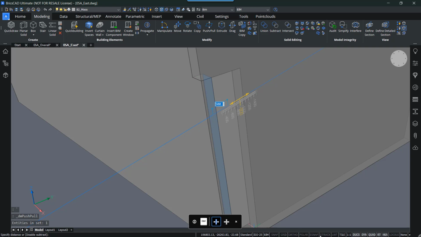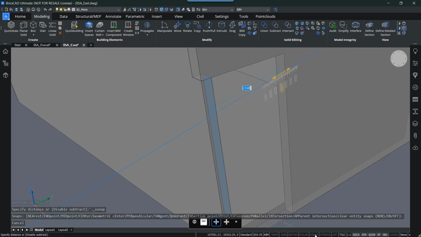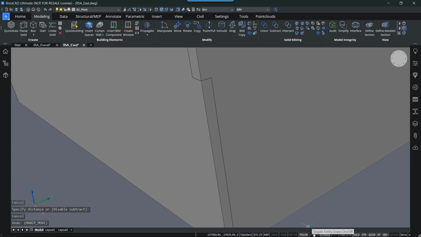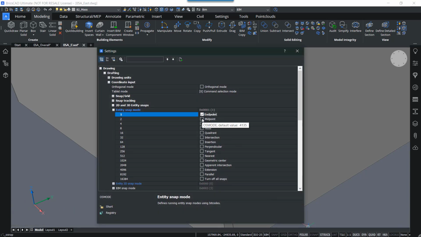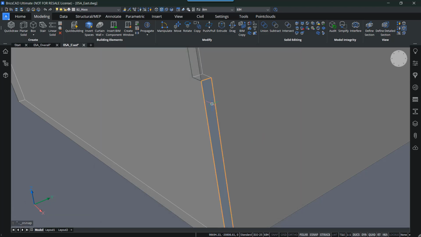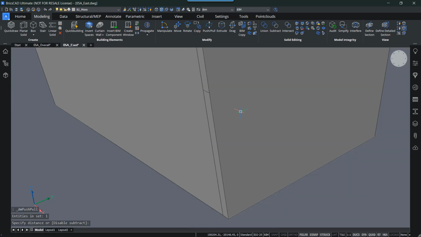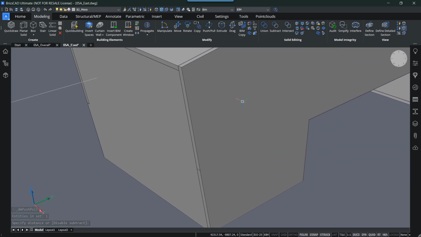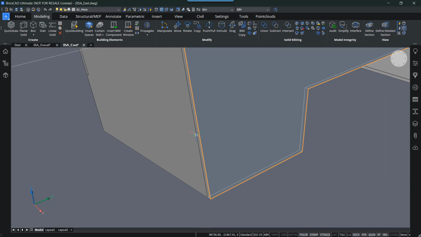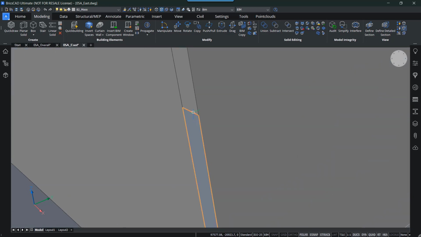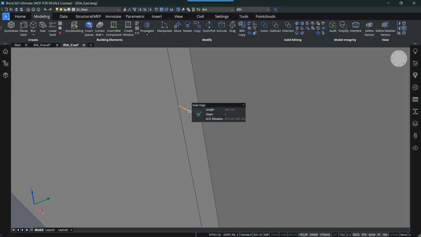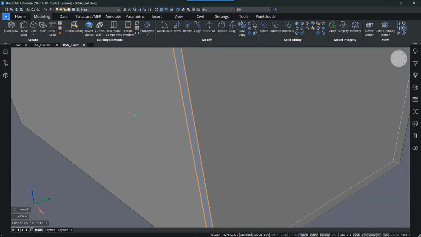And if I have the eSnap on, of course, I can enable eSnap to endpoint. Okay, so again, using tab, choosing the back face and then pushing it forward like so. So now you see I have one big part and a nice connection of the walls. Of course here I still have one little line. Because of that I can press Ctrl and hover over it so I can select this solid edge and just delete it. So that looks pretty good.